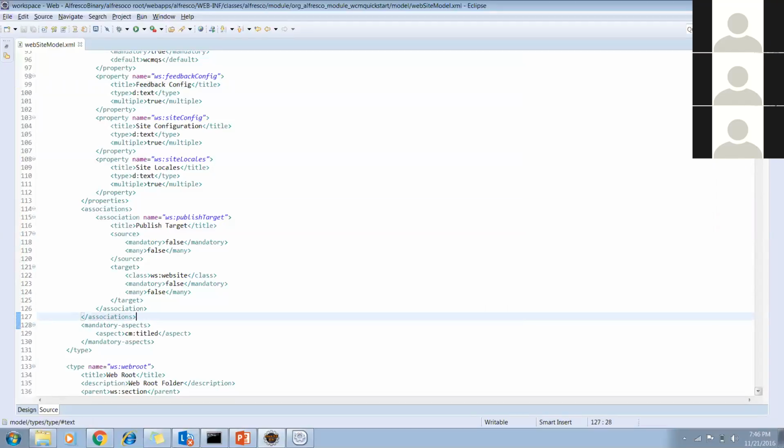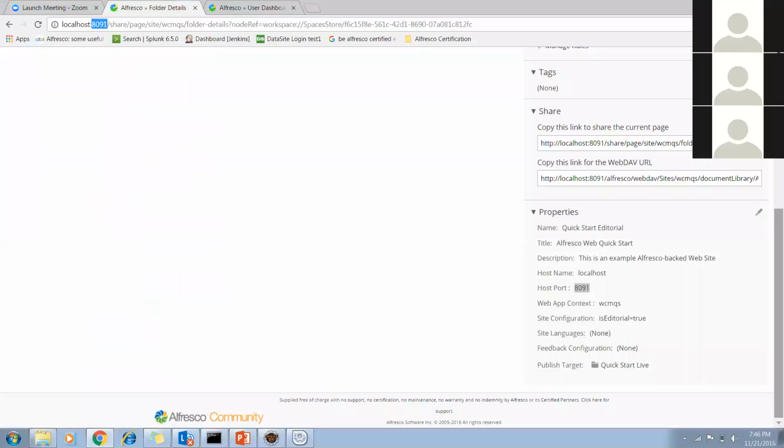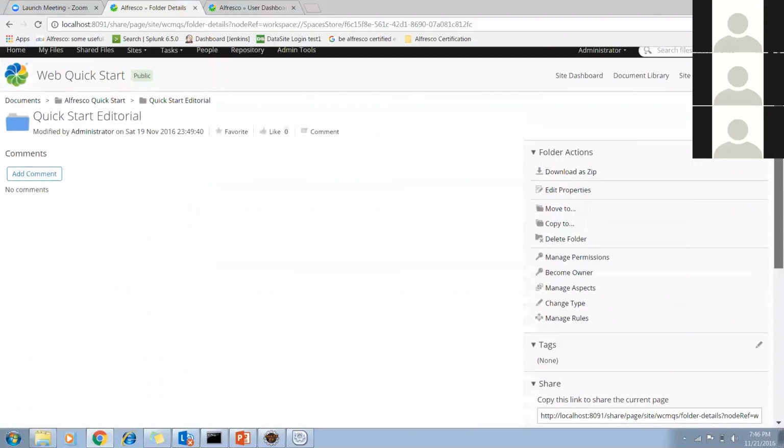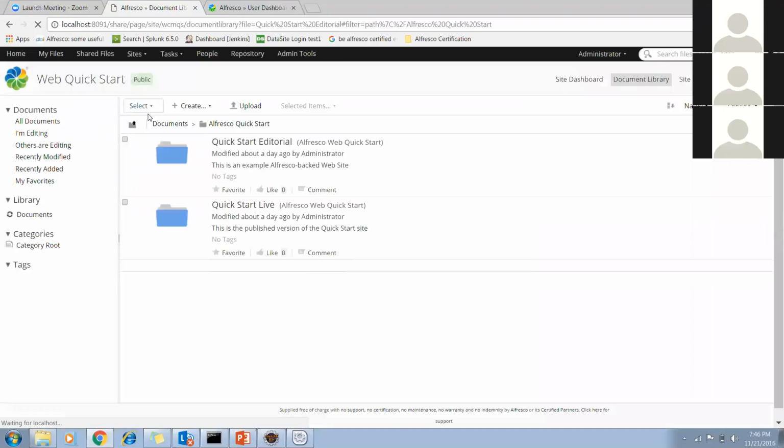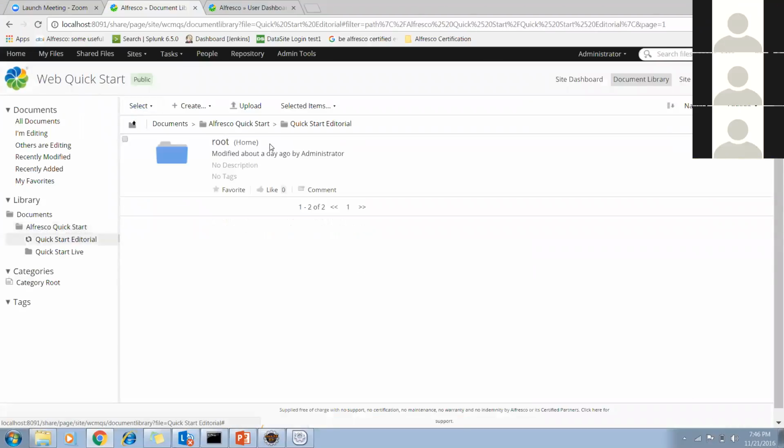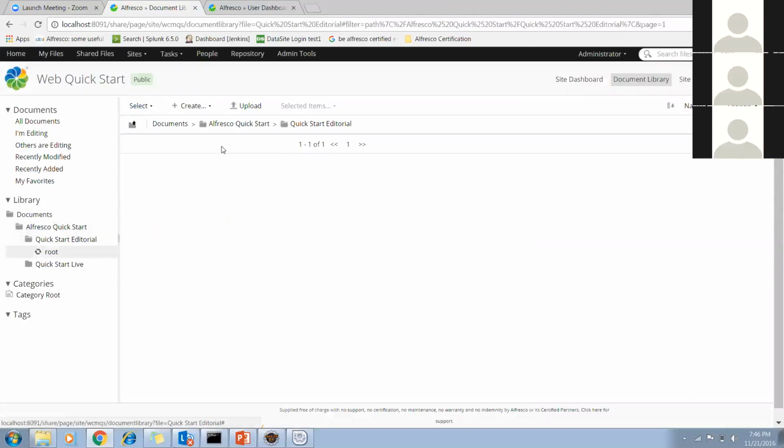Okay, Jamil, one doubt. We are creating the blog, and inside the Alfresco quick start and the quick start editorial, there are folders like blog, collections and all. If we go to any blog folder, how can we map that web script name to this folder? That folder mapping between those two, I didn't get that. No, you don't need to map anything. This is the default once you import.